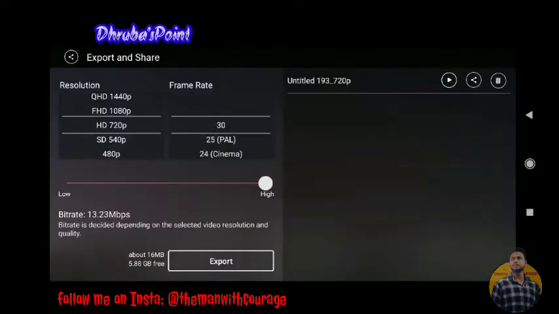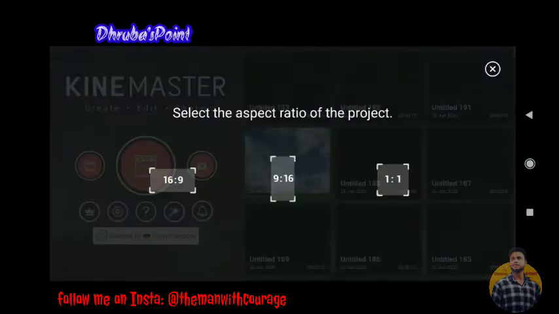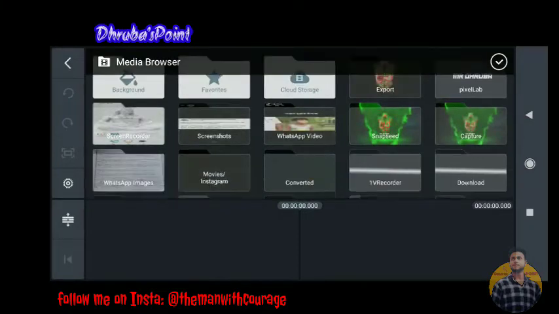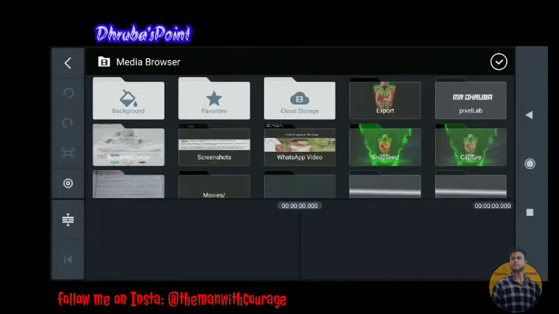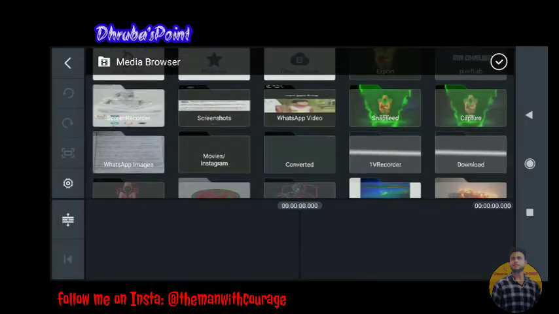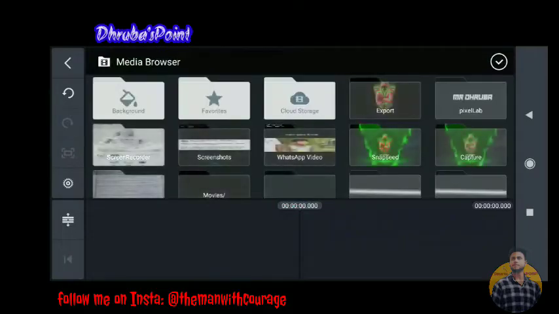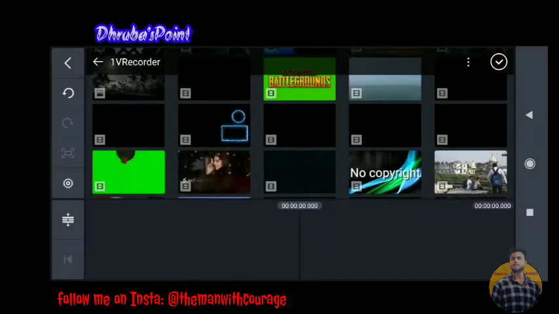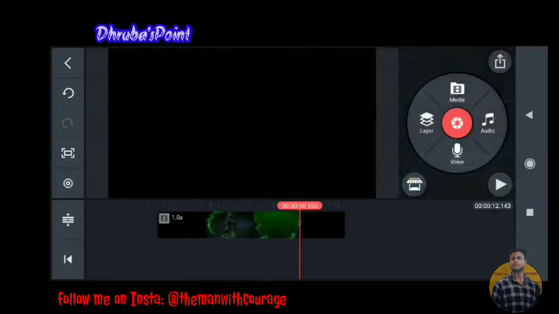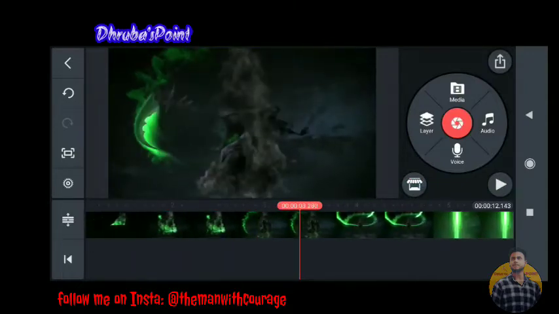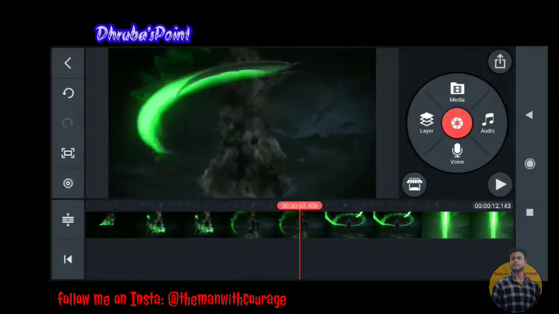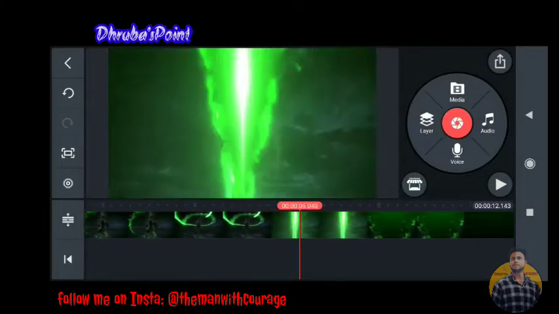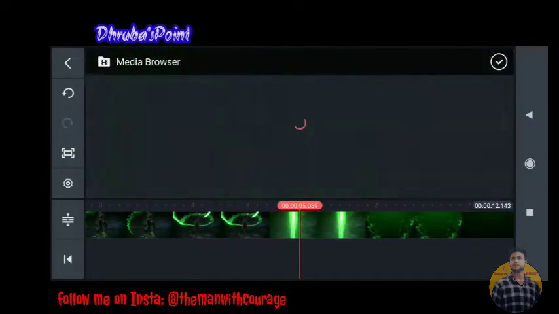After saving the image, go to an empty project, select 16:9 ratio, go to media, and download an animation. The link will be available in the description. You can easily download it from there. I am going to select my animation. Here is my animation guys. Now make it zoom in this position. Go to layer, select media, and add your recently exported video.